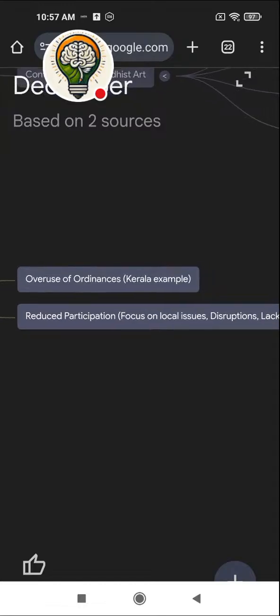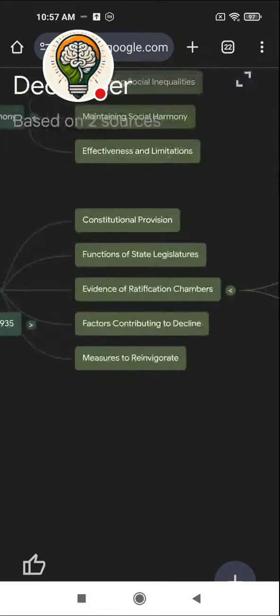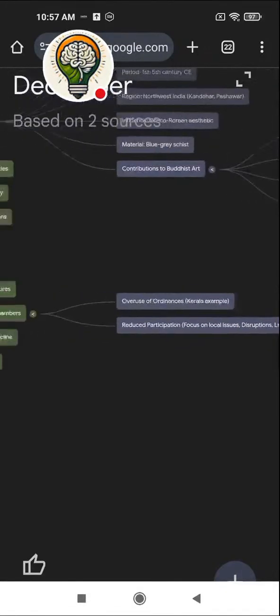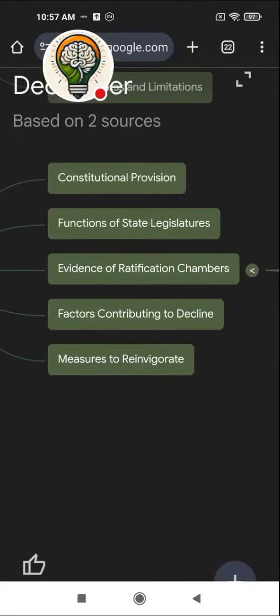Overuse of ordinance in Kerala, reduced participation, focus on local issues, and disruption and lack of quorum in legislatures. So these factors contributed to the decline, and there is a need for measures to regulate, train the representatives, and ethical